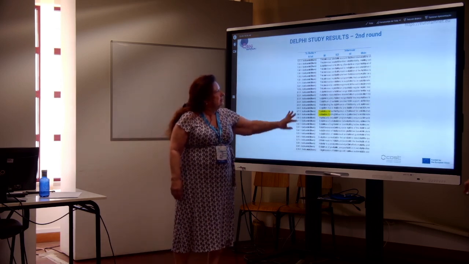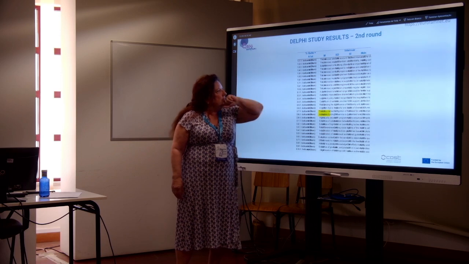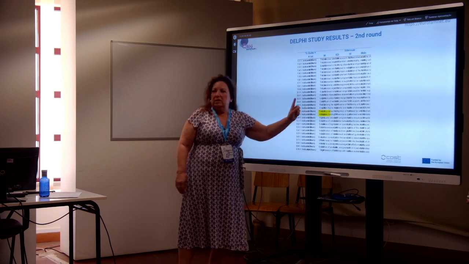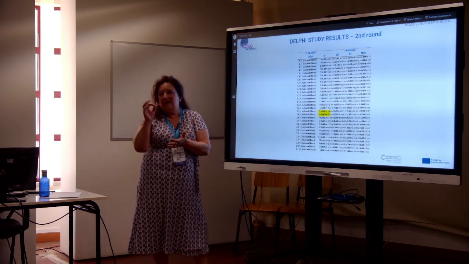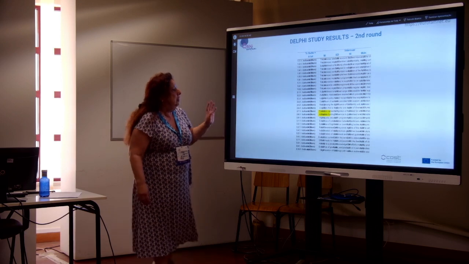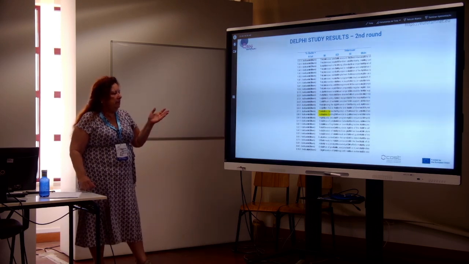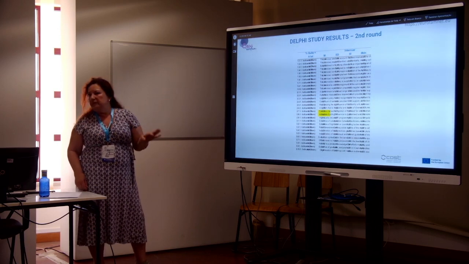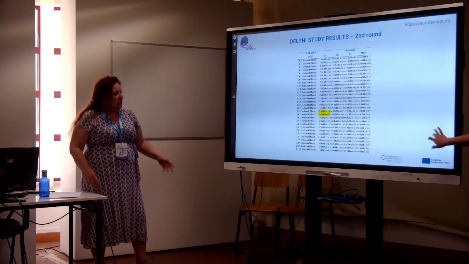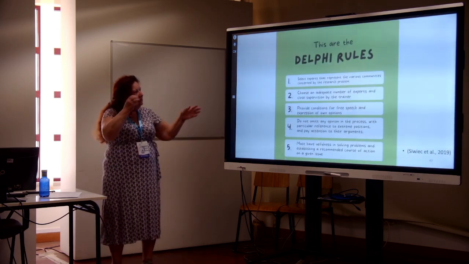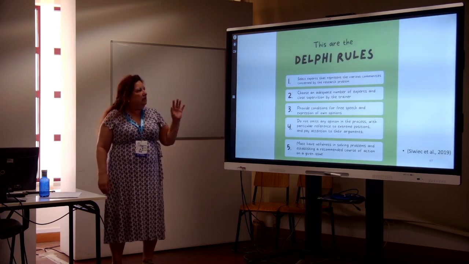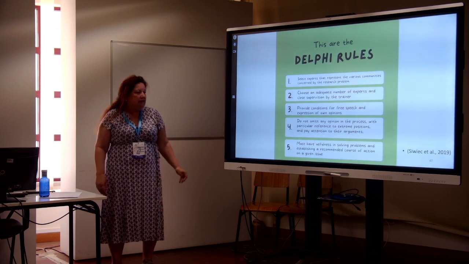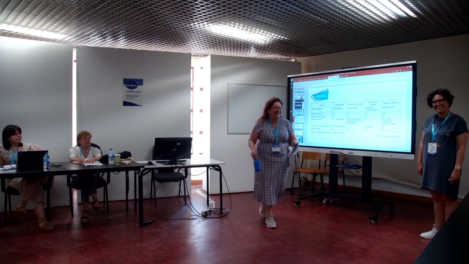But you see all the indicators, and we present the mean, standard deviation, interquartile, and median, and only 2 indicators were slightly above 3.5 in the mean, and then we maintained all the indicators because we took the median into account also. So this is the example, and these are the final rules that are important when we build and develop a Delphi study. So thank you.